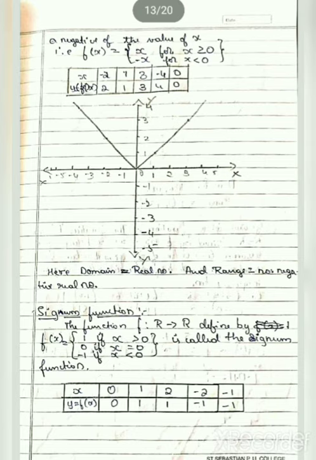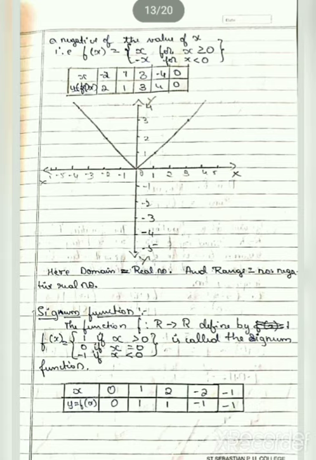0 is always 0 anyway. So modulus of 0 is 0. That is why if x is greater than or equal to 0, then modulus of x is plus x. If x is less than 0, a negative number, then modulus of x is minus x because of that negativity. So if you draw the graph, give the values. If y is modulus of x, it is always positive. If x is minus 2, modulus of x is 2. If x is equal to 3, modulus of x is 3. So give values and draw the graph.